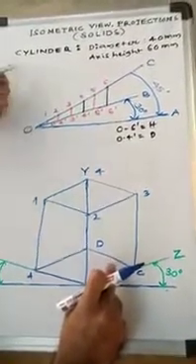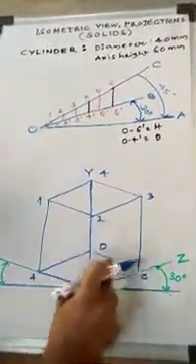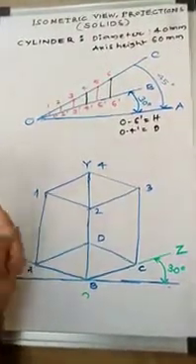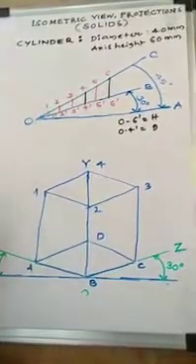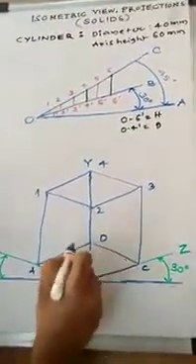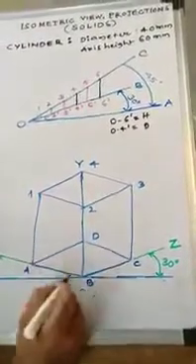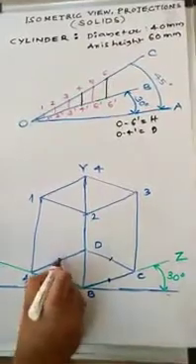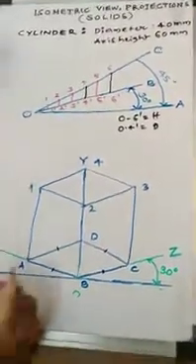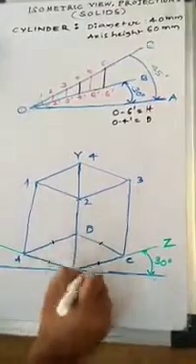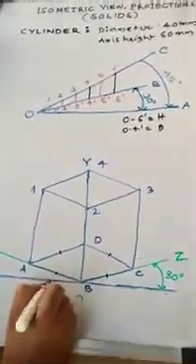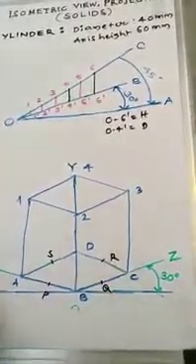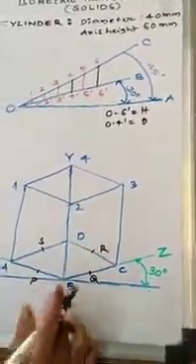the base of the cylinder as an ellipse by using the 4 center method. How to do it? Now you can observe please. It takes a little time. A, B, C, D, A. Mark the midpoint of A to B, B to C, C to D, D to A. Now I am naming these the concern points. So therefore P, Q, R, S. Now I have to join the concern points.